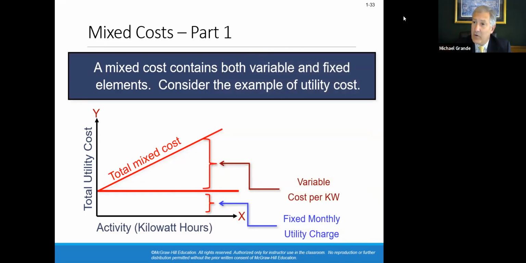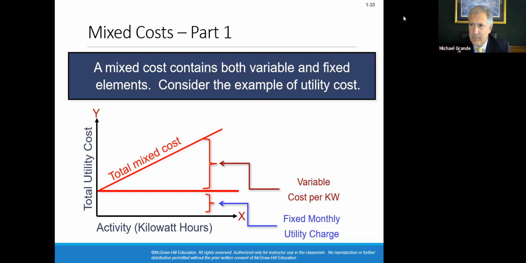Now, we talked about variable costs, where the cost per unit is constant. For direct materials, I can predict a variable cost. If it's $100 per desk, I can estimate total cost. All I need to know is how many desks I'm going to make. If it's $100 per desk, and I think I'm going to make 10 desks, direct materials is going to be $1,000. I know the cost formula. Cost formula is $100 per desk. How many desks? I can predict total cost. Rent. As long as I know the rent is $10,000 per month, I can predict rent for any month. It's going to be $10,000 per month.